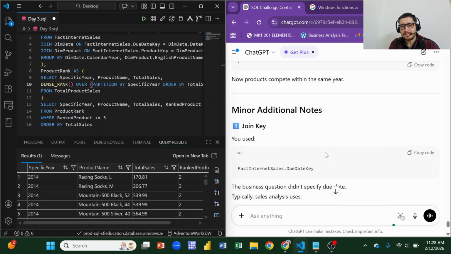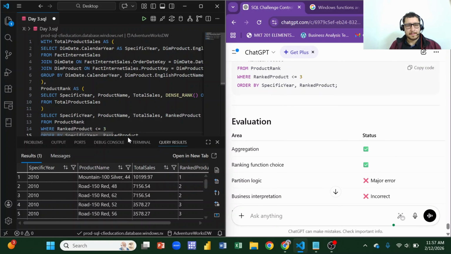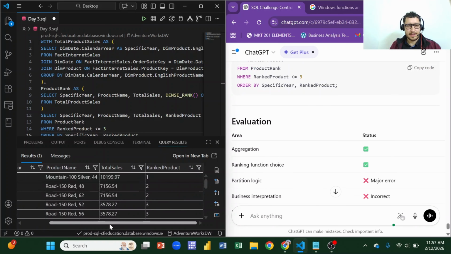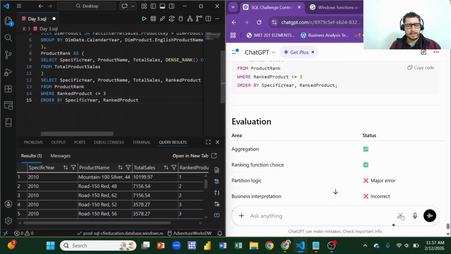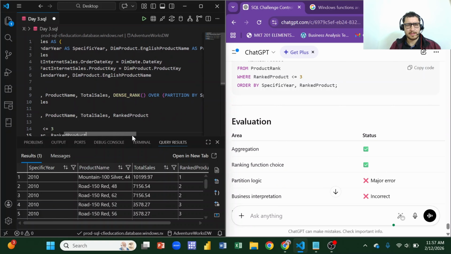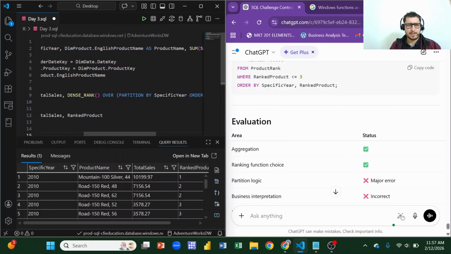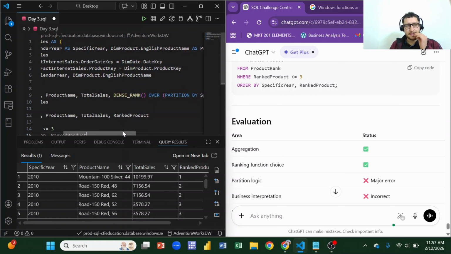Okay, so I ran the query of question 2, and this is the result which I have. And yeah, that is it. There were some major learning mistakes, some major logical mistakes, especially for the specific year. The approach was correct, but the execution was pretty bad. So moving forward,